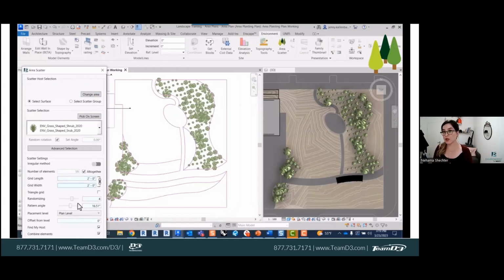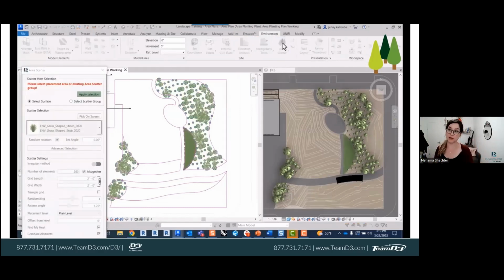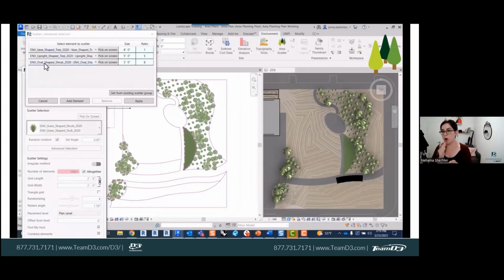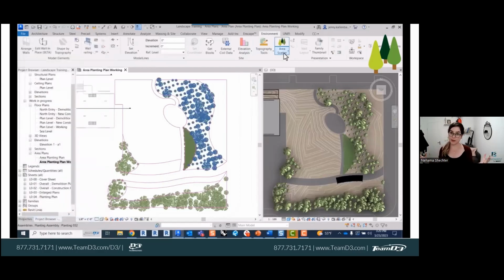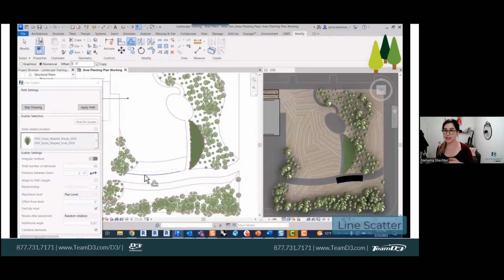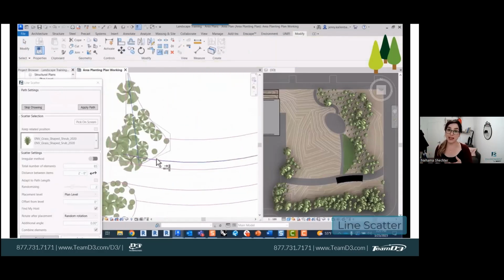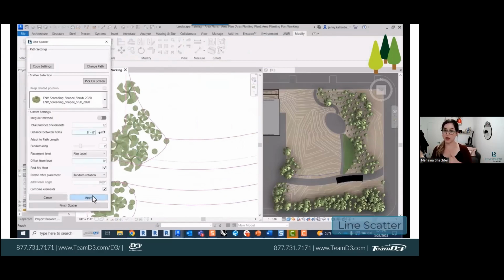So what we try to do with our tools is to accommodate every variety of how you design plantings, because some people just design with areas, and some people want to see each and every plant. So the area scatter tool basically allows you to take your planting library and do mass placement of these plantings as groups. You can place them, you can tag them, and you can then edit these groups. So everything that you see over here, you can tag, you can edit, you can go back to a group,